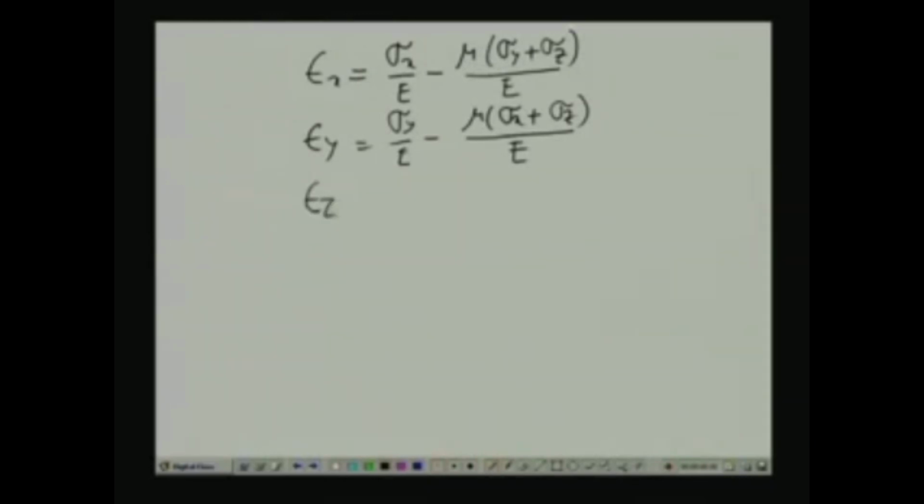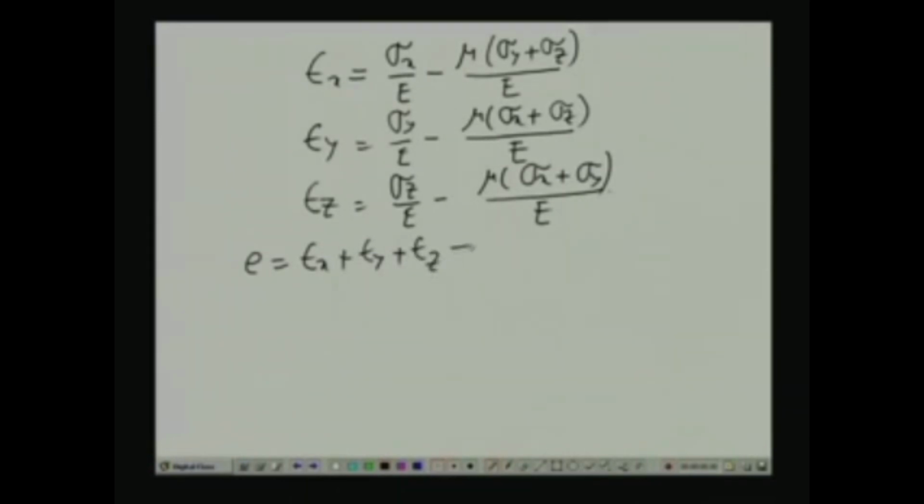And epsilon z is equal to sigma z by E minus mu times (sigma x plus sigma y) by E. Now, if we add together, e, the dilatation, is equal to epsilon x plus epsilon y plus epsilon z, as we have seen, and in terms of stresses this is equal to (sigma x plus sigma y plus sigma z) by E minus twice mu times (sigma x plus sigma y plus sigma z),